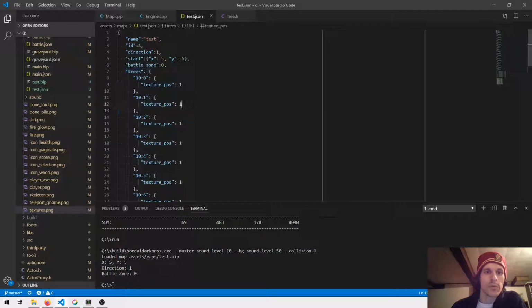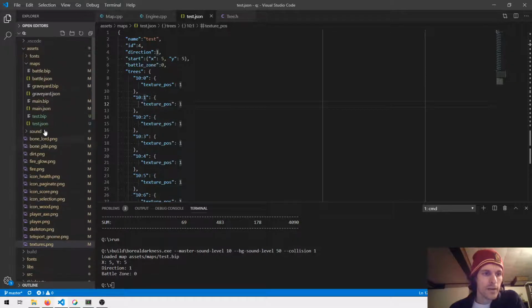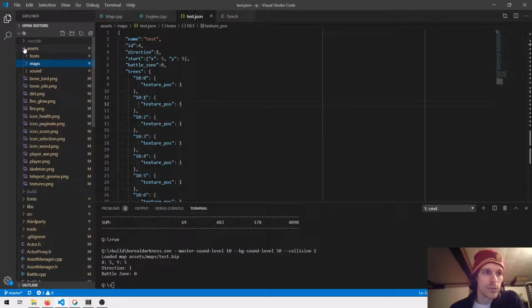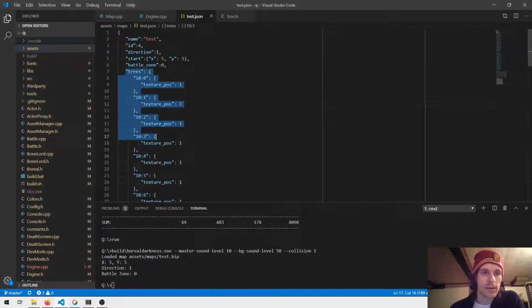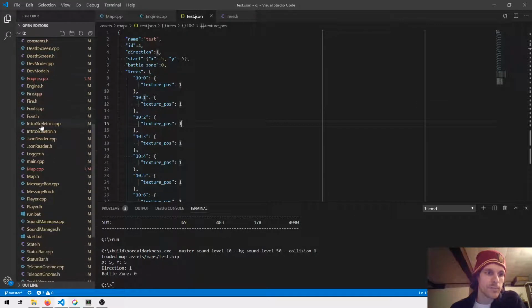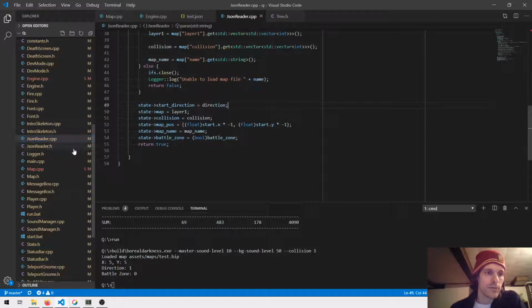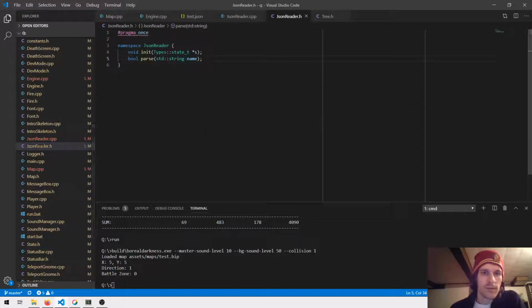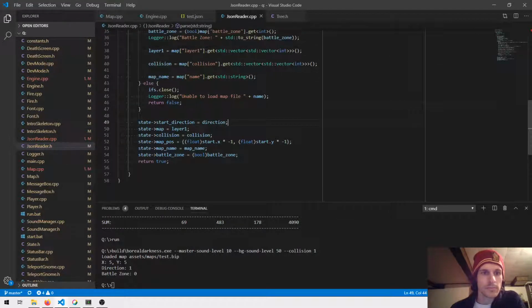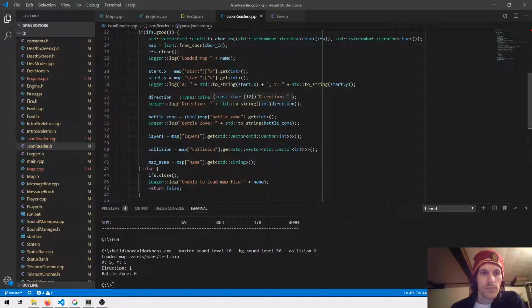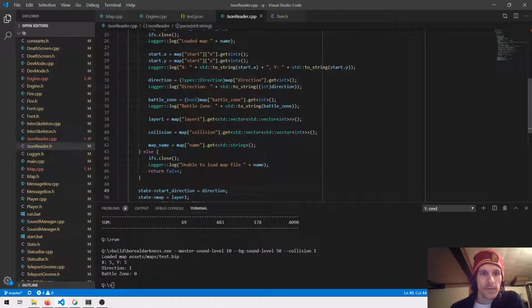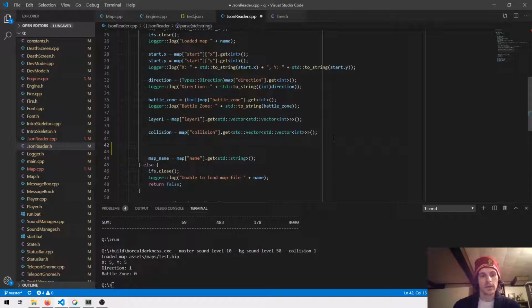this new structure here. That being said, something else we need to do before that is we need to be able to read that in from the JSON file. And that'll happen in JSON reader. So init and parse. So direction battle zone, layer 1 is where that used to be happening. Let's just do it below collision. So